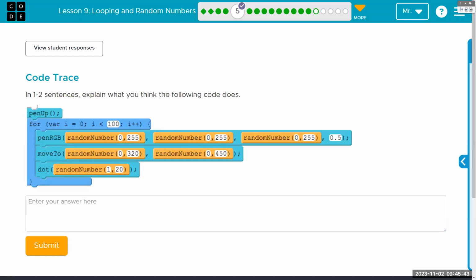Let's see who has even clicked one thing today. All right, let's go to bubble 6, which not coincidentally is that chunk of code.